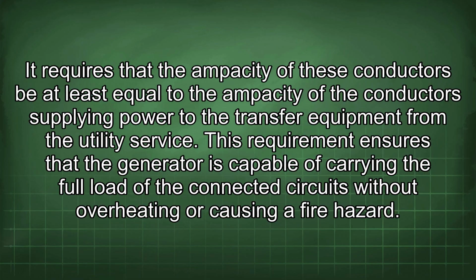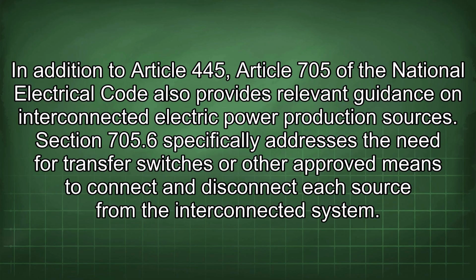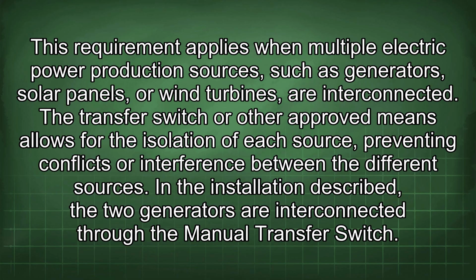causing a fire hazard. In addition to Article 445, Article 705 of the National Electrical Code also provides relevant guidance on interconnected electric power production sources. Section 705.6 specifically addresses the need for transfer switches or other approved means to connect and disconnect each source from the interconnected system. This requirement applies when multiple electric power production sources, such as generators, solar panels, or wind turbines, are interconnected. The transfer switch or other approved means allows for the isolation of each source, preventing conflicts or interference